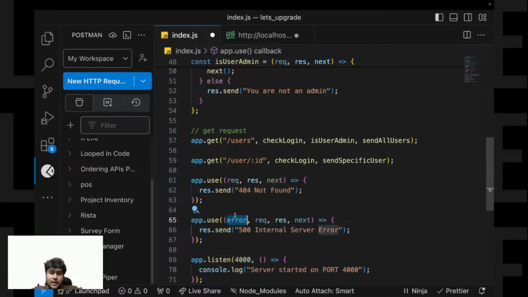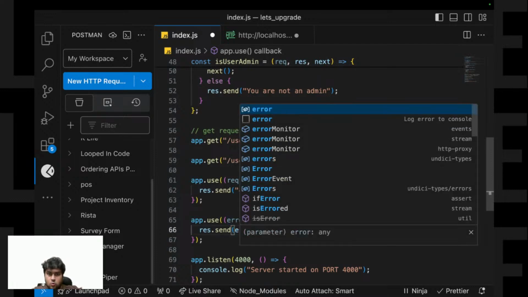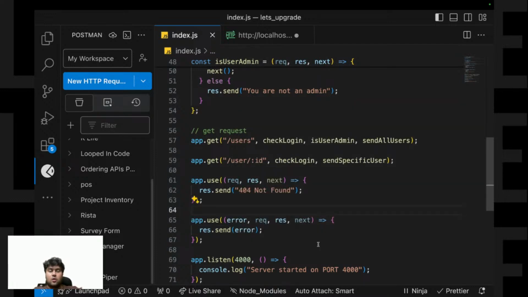You can even send the error if you want. There's no way to create an error right now because I'm not using any external APIs. But if the server went down, I can use this way to handle this error. Okay.